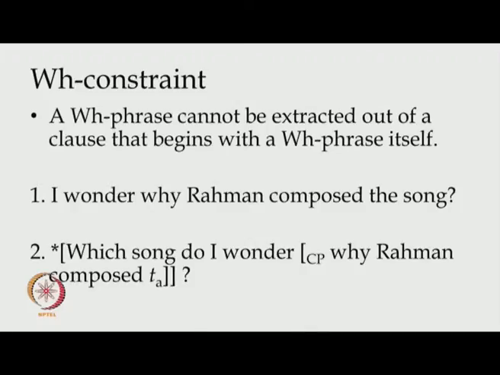Is that clear? That the argument was these constraints are universal, but that argument was simply based on some languages that are of English type and English in particular. Since we are only talking about the introduction to these constraints, therefore I am giving you only English examples. Alright? Now, is this first sentence clear? So the sentence 2 is ungrammatical because we end up extracting something from that WH clause.